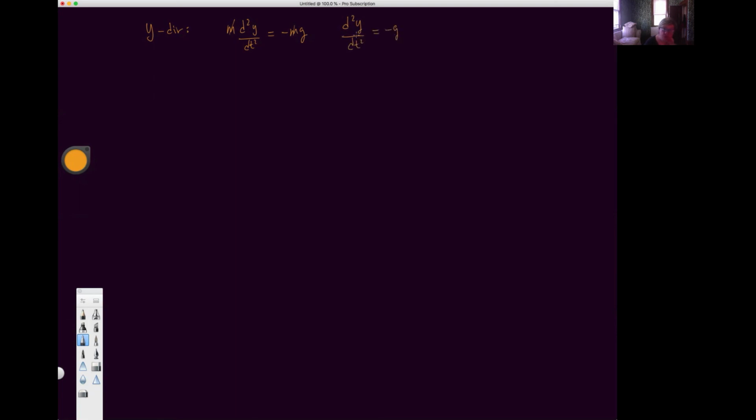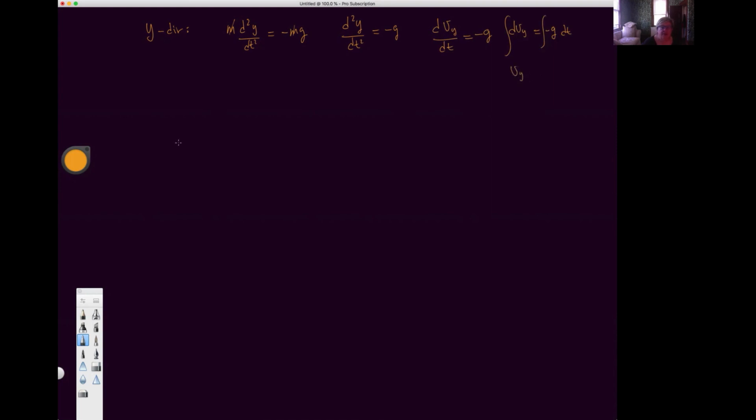Okay, again, we're going to use our trick where we know that the first derivative of the velocity in the y direction is the same as the second derivative of the position. So I'm going to write that as dv sub y dt is equal to minus g. Okay, and now I can use separation of variables here. So I say dvy is equal to minus g dt, and we integrate both sides. And here we get v of y, right,